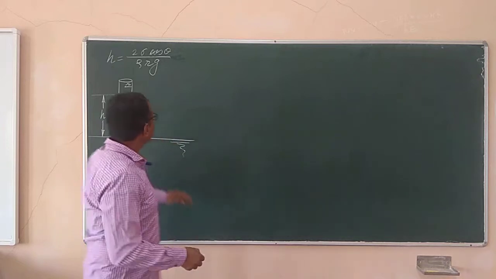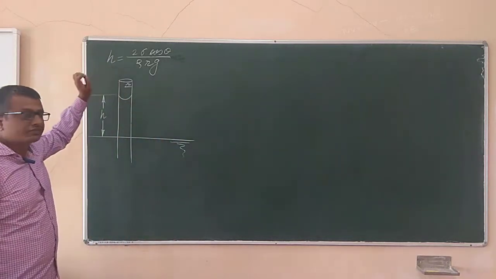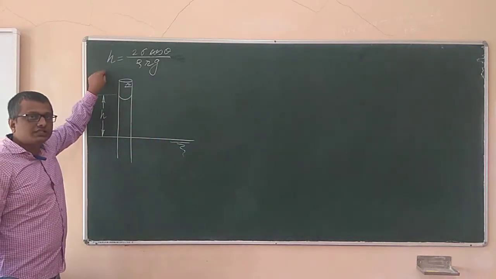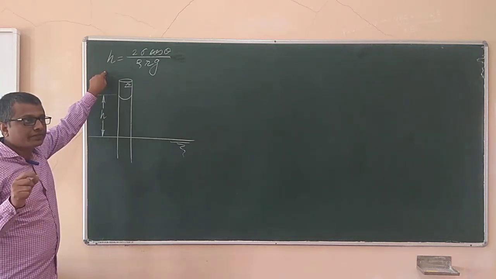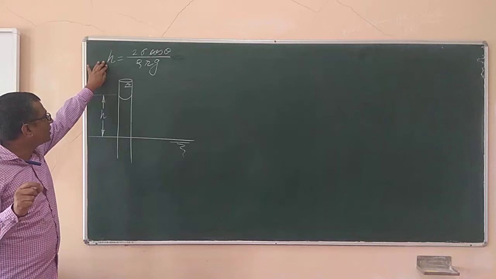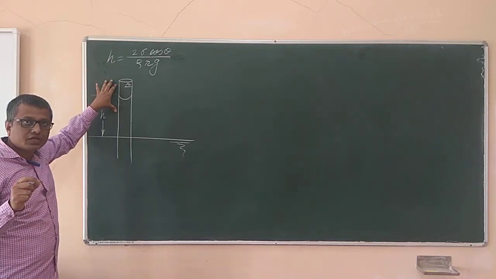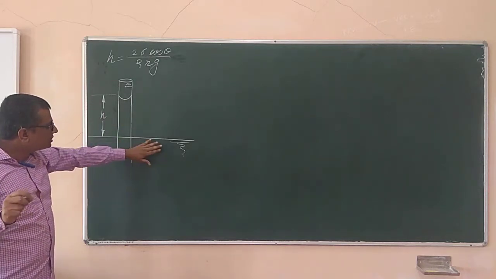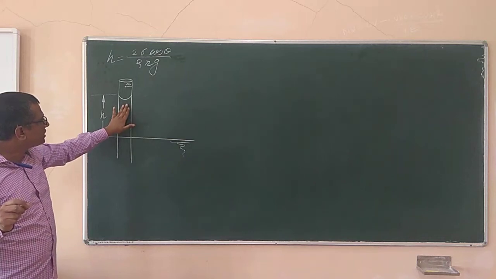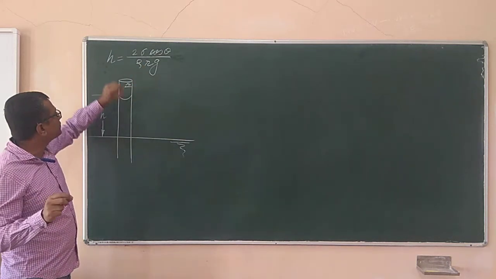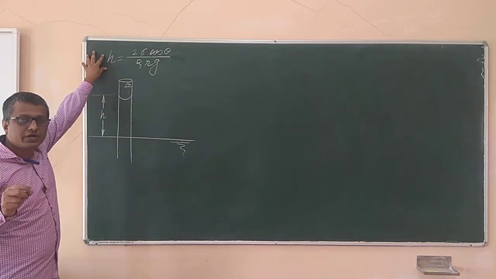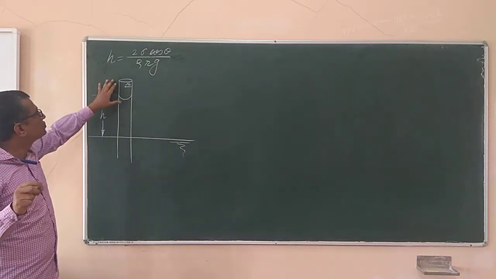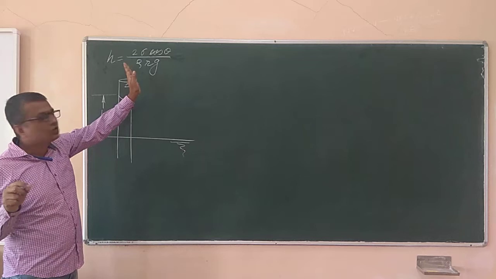So how they are related, that we have seen in the last lecture. In the last lecture itself, I told you that there is one more concept remaining, and that is related to this formula and the capillary tube. Now, whatever the liquid solid interface is, whatever the angle of contact theta is, for that particular combination we will be getting the height of liquid level into the capillary tube as H equals 2 sigma cos theta upon rho r g.